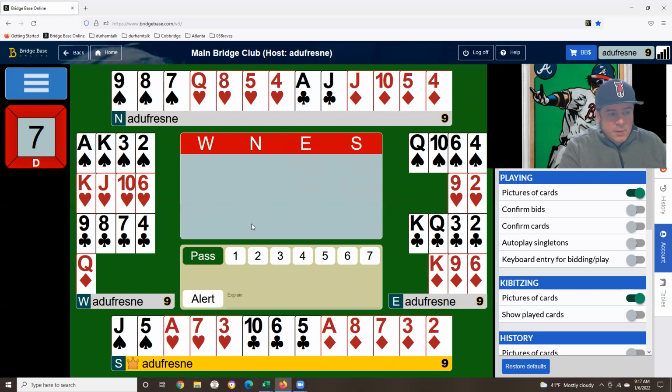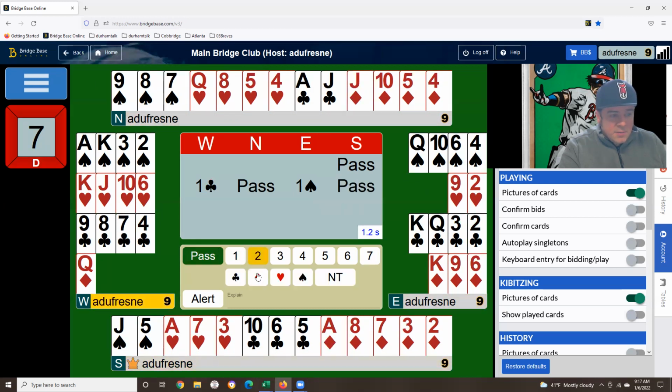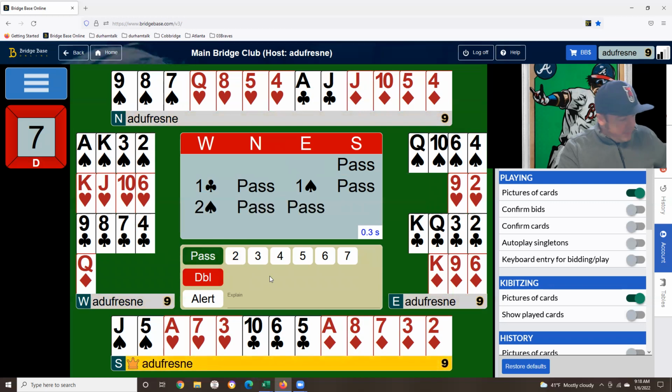All right, on this one, let's say it went pass and West opened a club. It would go pass and East would bid a spade. Pass, 2 spades looks normal. And it goes pass here. So 7 times on this board, so 7 out of 11 comparisons on this board, people were allowed to play